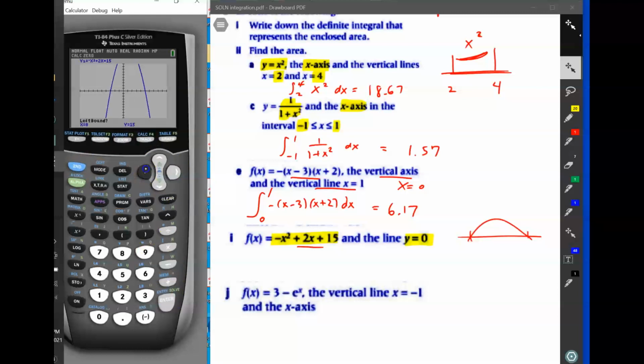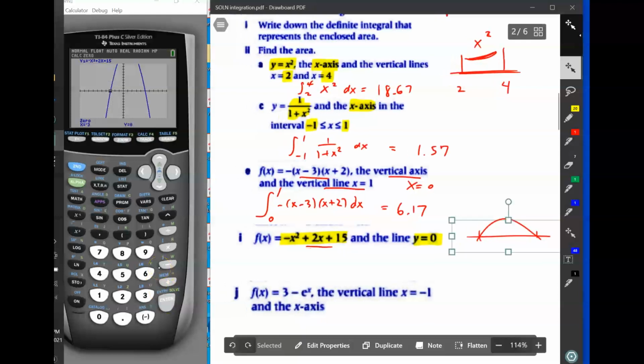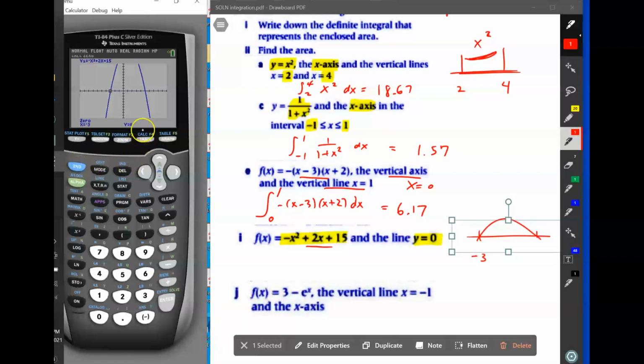And first we're going to put the left bound to the left of the left x-intercept. There we go, enter. And then we put it slightly to the right. Enter, and the guess, we just hit enter, and it's negative 3. Negative 3 is the left edge, and the right edge, we're going to just repeat second calc 0, option 2,